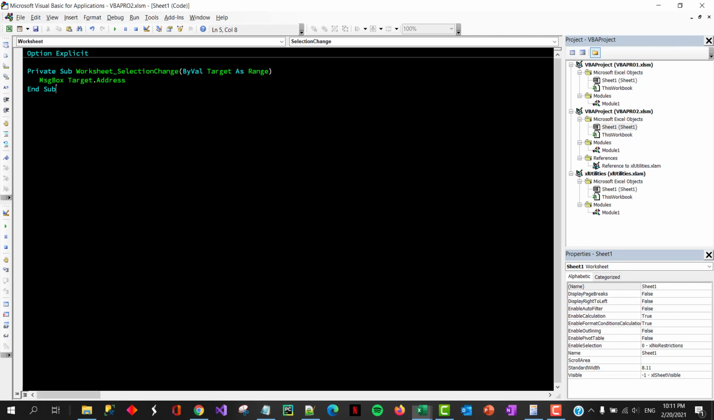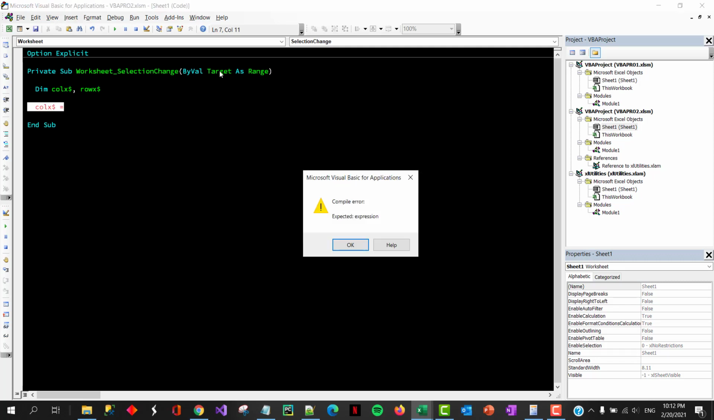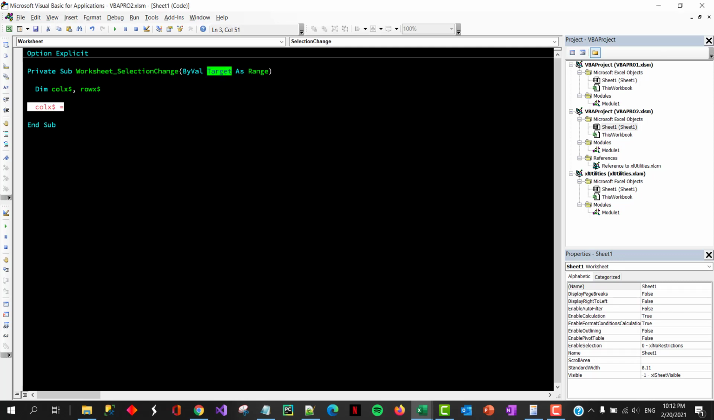Now, to add this basic functionality, let's create Dim ColumnX. This will hold the column address, and RowX. Let's call this RString, where the dollar sign symbolizes string. Then column is going to be the target's entire column address. So column is equal to Target.EntireColumn.Address,